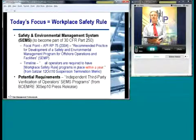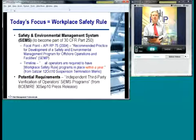The timeline, I'll just quote from the recent October 12th suspension termination memo, was all operators are required to have the workplace safety rule programs in place within a year. Obviously, that's a pretty tight timeline. I'll also be following and take a look at the final wording that comes out when it's published in the